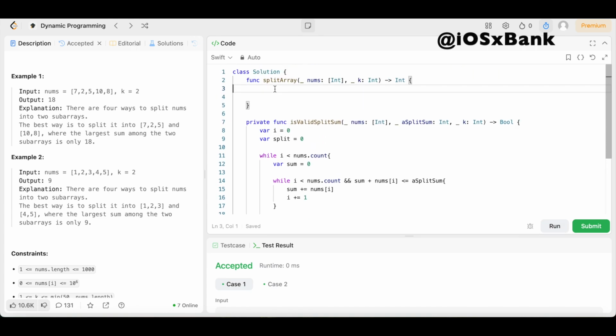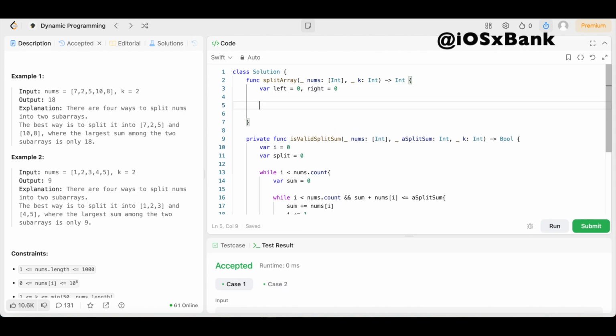Now for the main function, the first thing we need to do is use some binary search. So we need to initialize our binary search bounds. For that, we can declare a variable called left and set that equal to 0, comma, then right, set that equal to 0 as well. Now we need to make it so left is the largest single element in the array, which will be the minimum possible max subarray sum, and right is the total sum of the array, which will be the maximum possible